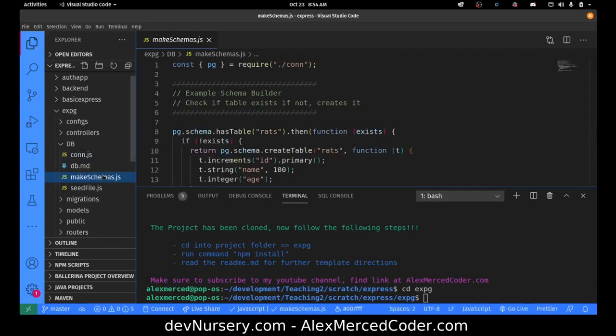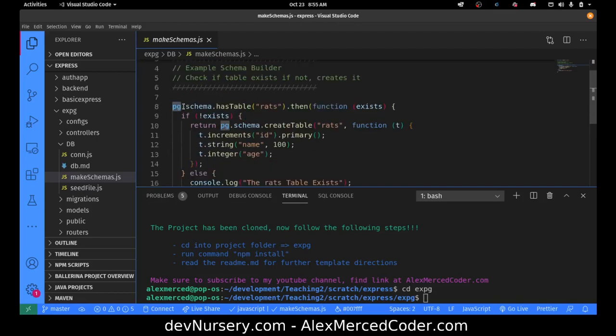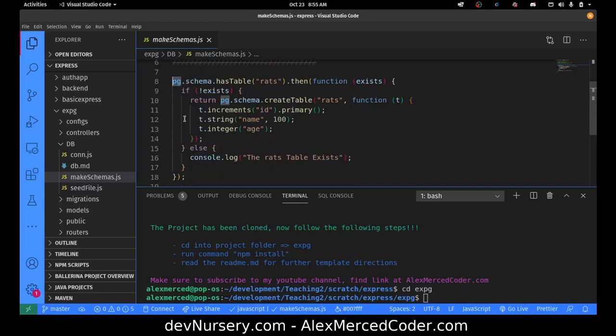Then we would go to make schemas, and here's where we can actually create our tables. So basically you can just follow the syntax I have of this test one, as far as the syntax for creating a table. And you can always see the other functions in the Knex documentation. But basically the way this reads is, here's the connection, and again we exported the connection from our connection file. So we use a schema function, and what we're doing here is we're checking, does the database already have a table called rats? Once it checks to see if the table has rats, that's where the .then comes in. It's going to check if it doesn't exist, so basically if the table does not exist, because this is a boolean that this returns,